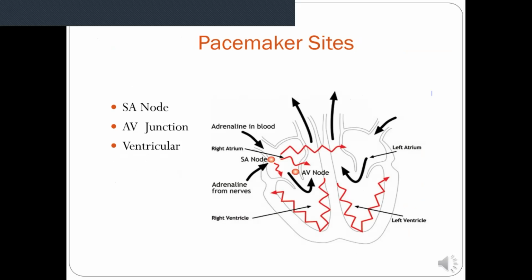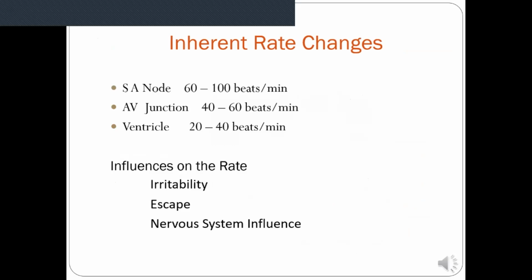In a normal heart, the first impulse starts at that SA node. It fires, and the impulse travels through the atria by way of the intra-atrial pathways and the AV node by means of the internodal pathways. And the AV node has this conductive tissue, but it does not have any pacemaker cells. The pacemaker cells are actually located between the atria and the bundle of His in an area called the AV